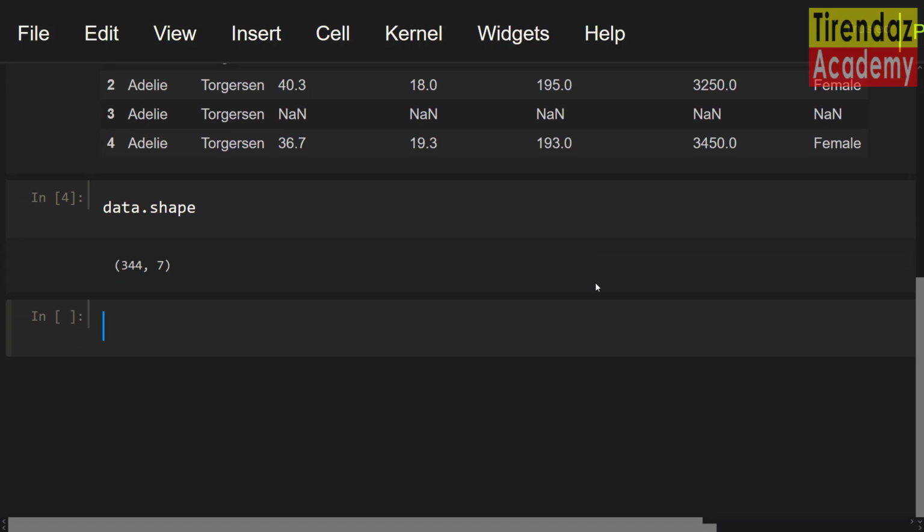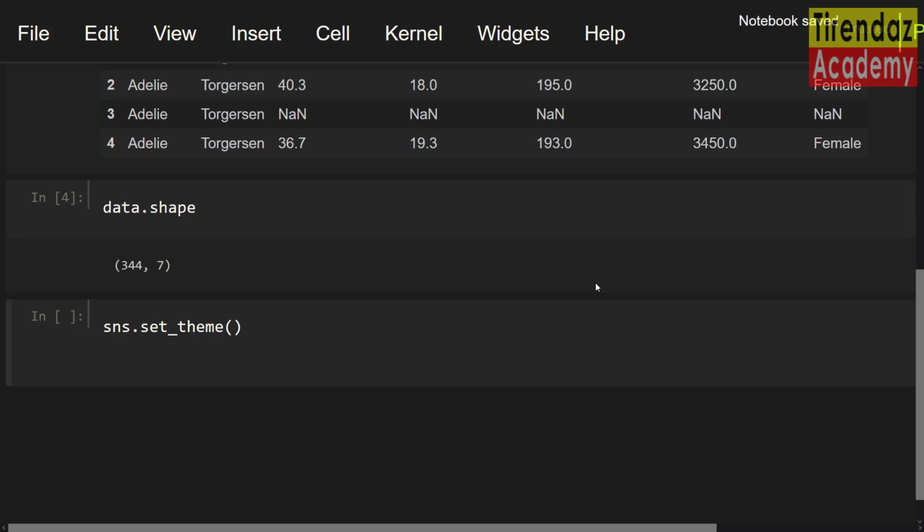Seaborn has some themes. You can control these themes with the set_theme method. sns.set_theme. I want to use the default values, but you can control some themes. To do this, I'm gonna use the rc parameter. Let's specify image quality. sns.set(rc={"figure.dpi": 300}).